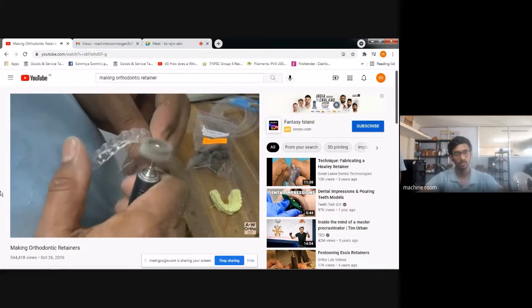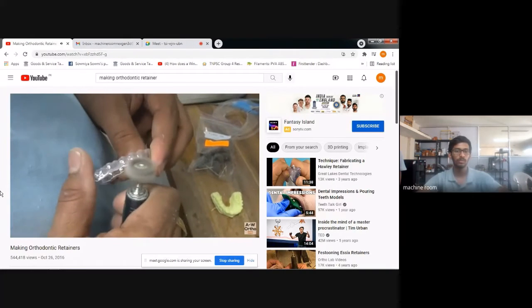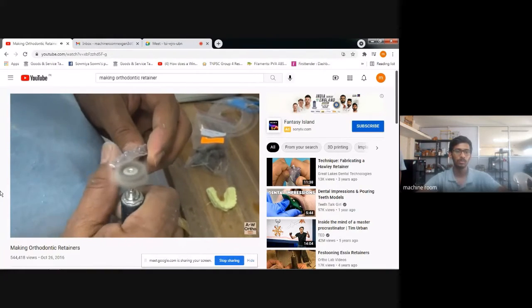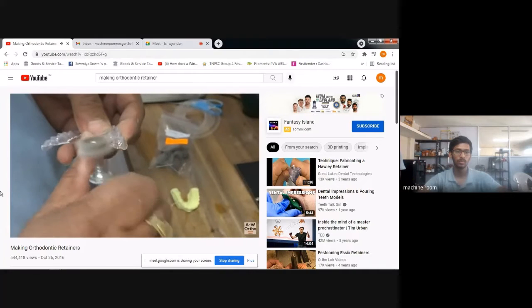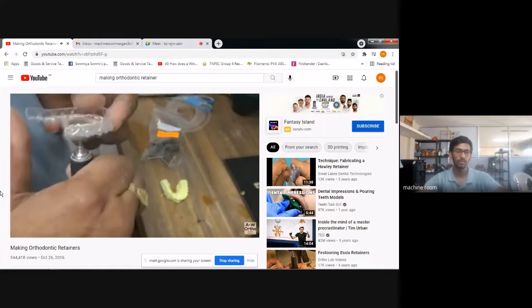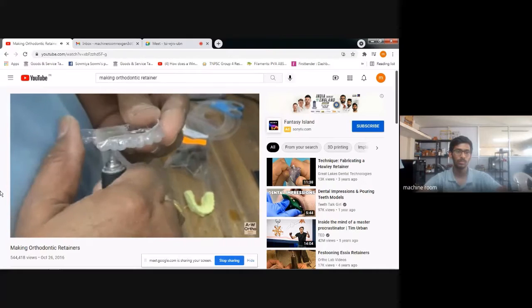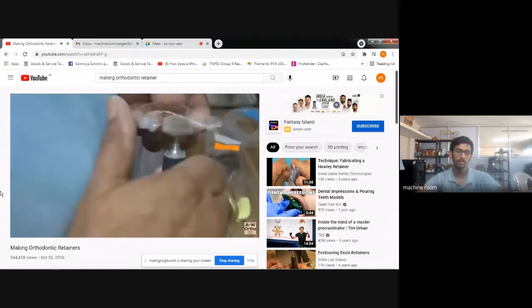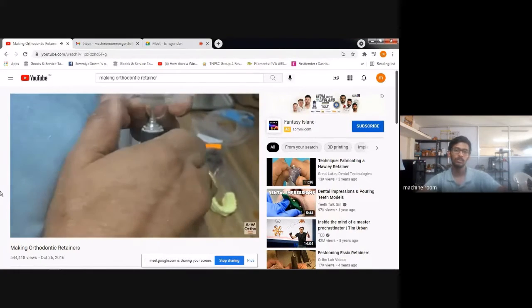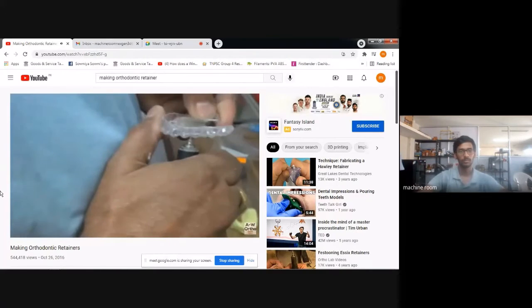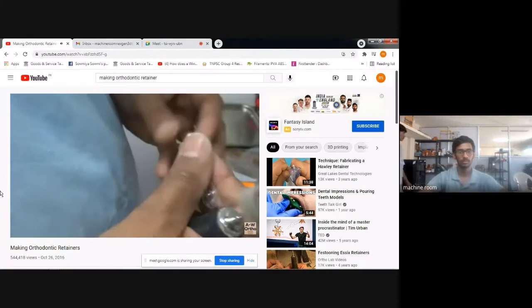That's the edges of the tray. Smooth so that you don't feel this little lumpy bit, so that it fits your teeth. Done with the tongue.